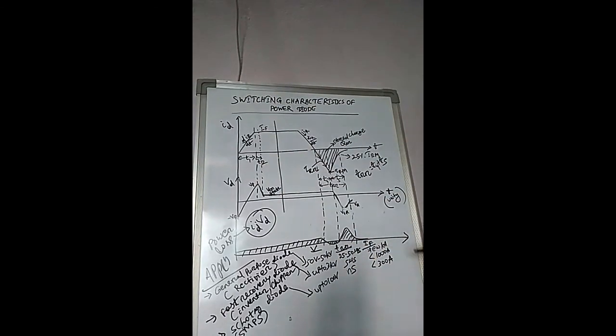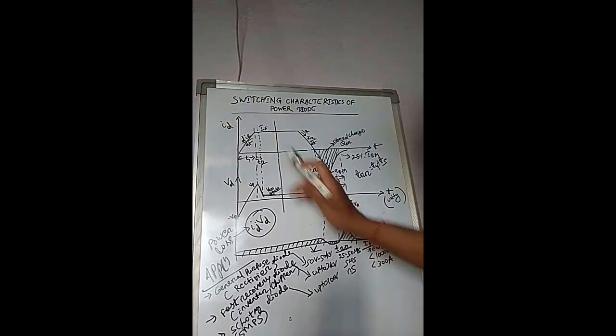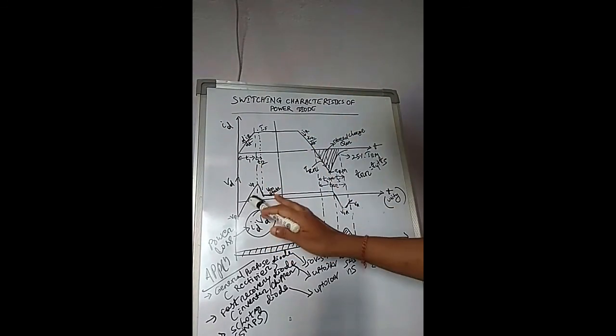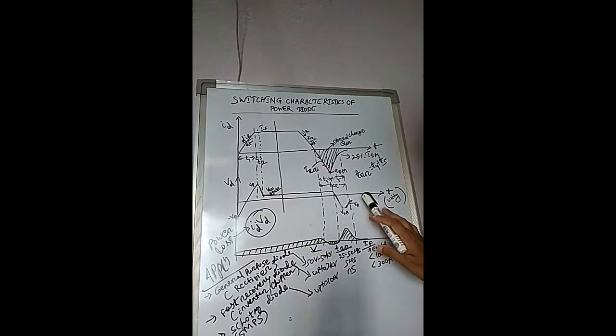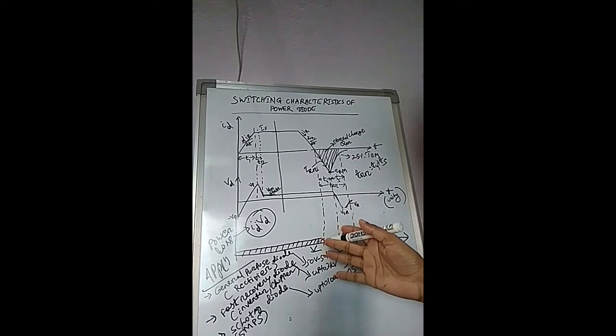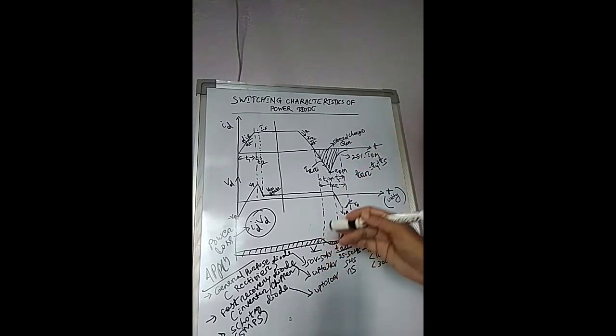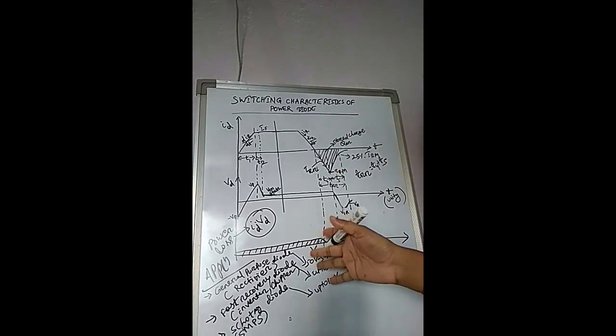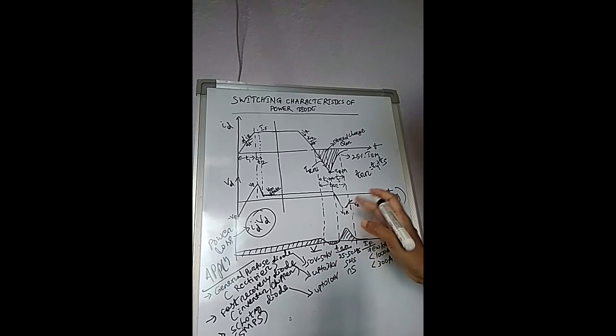And this is all about the switching characteristics of the power diode. Switching characteristics means the characteristics of voltage, current and power during the turn on and turn off process. So now you understand detailed information about power diode construction, operation, VI characteristics, applications, and the hole and electron movement during the operation of the power diode. All understood now? Okay, thank you.